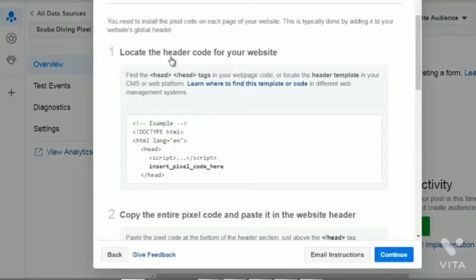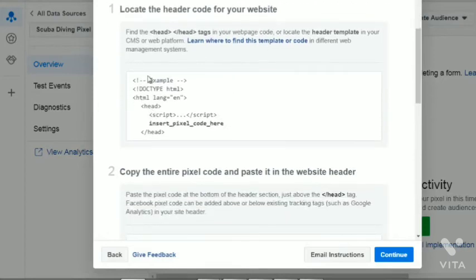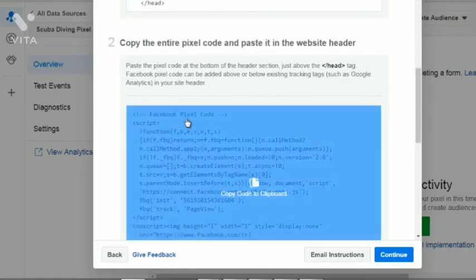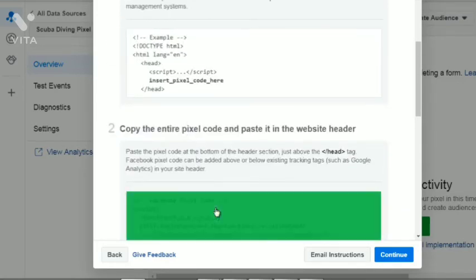And up at the top, when you're editing your HTML or you're using something like Lead Pages or ClickFunnels or another landing page builder, you want to enter the script in the head code. So this is going to be the pixel right here. So we're going to click this here and it immediately copies it and we click continue.